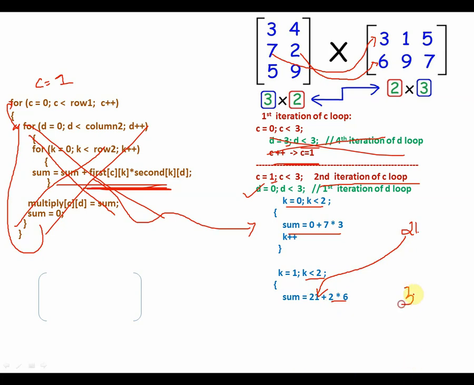So sum will be 33 now. Go ahead with it, increment K, so K will be 2, and you check again that condition, is 2 less than 2? Yes, 2, actually no, 2 is not less than 2, sorry. So 2 is equal to 2.